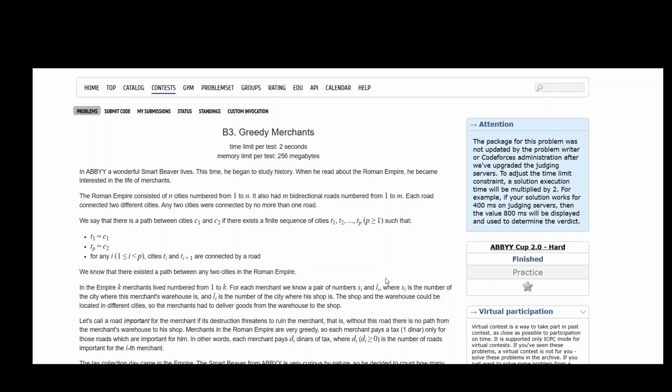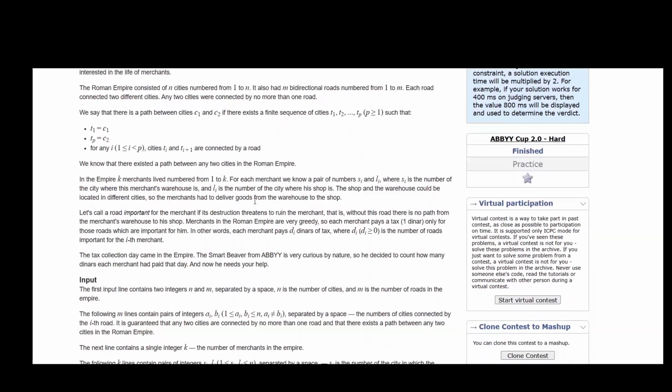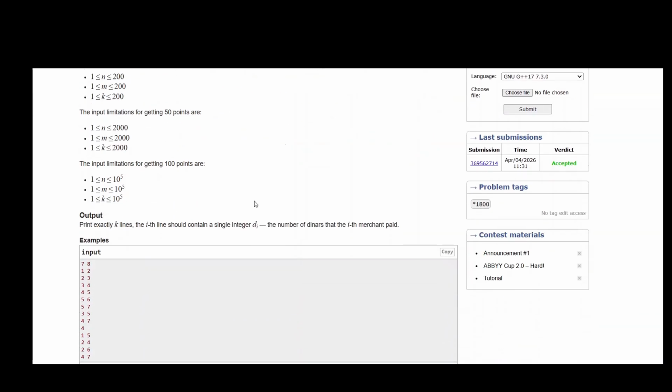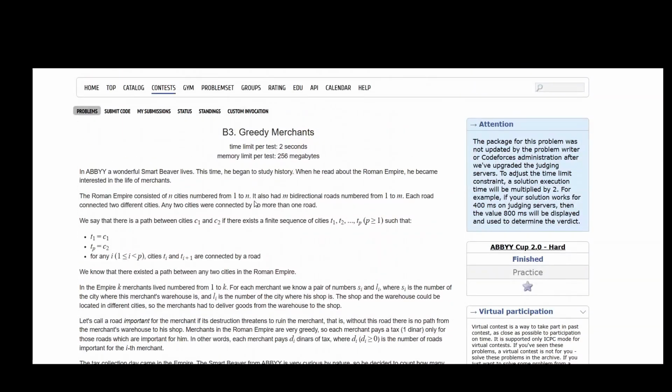Everyone. Today we'll be exploring a very interesting problem in graph theory called greedy merchants. You can access this problem on Codeforces. First, I'll take you through the problem statement, then the input properties and then the examples. I will explain the example in order to let you fully understand the problem statement. After that, we will go through all the missing pieces that we have to bring together in order to solve